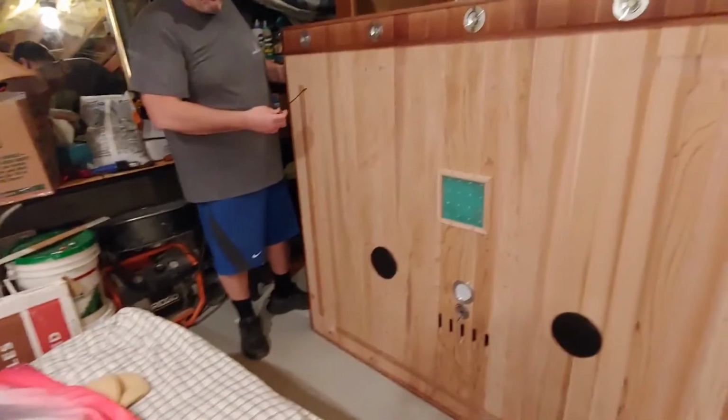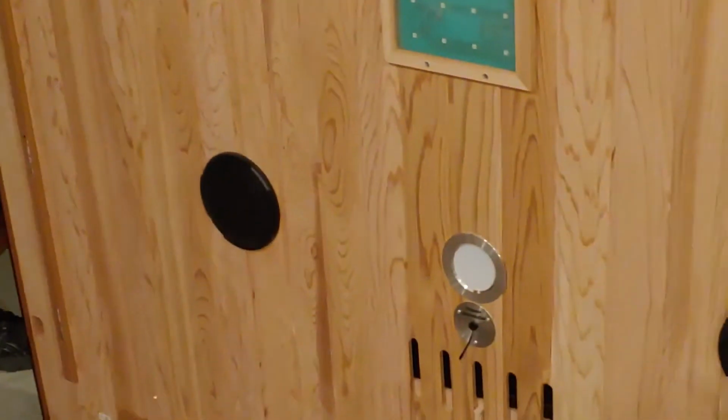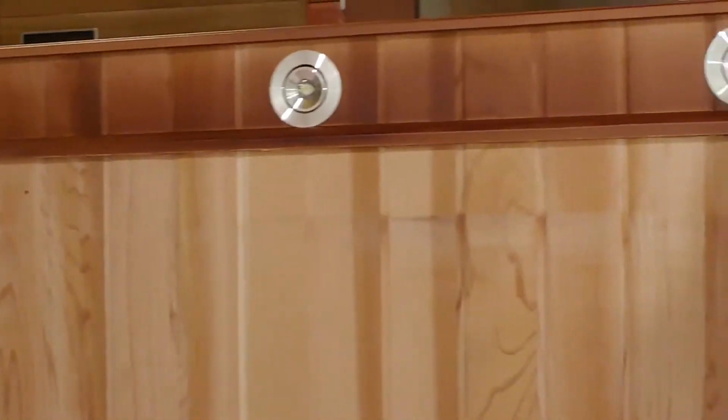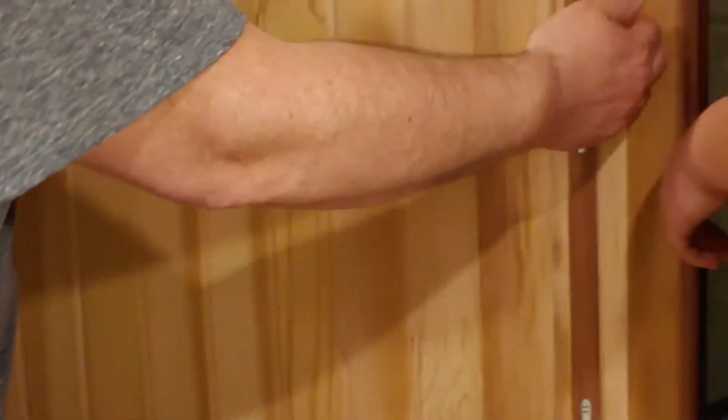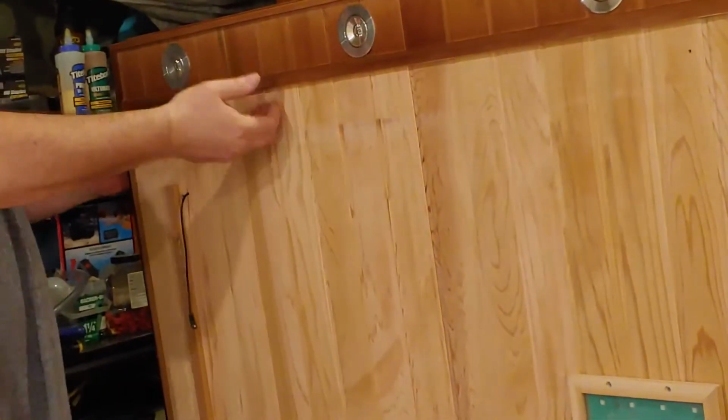This here, I believe, would be for the ozonator. I believe there's an ozonator that goes in here, has the speakers, the outer LED lights. And that's the only thing I can figure this to be, is the ozonator. There's a sensor here, it might be to pick it up. Besides that, we're just going to make sure our top panels are kind of between this gap and the quarter